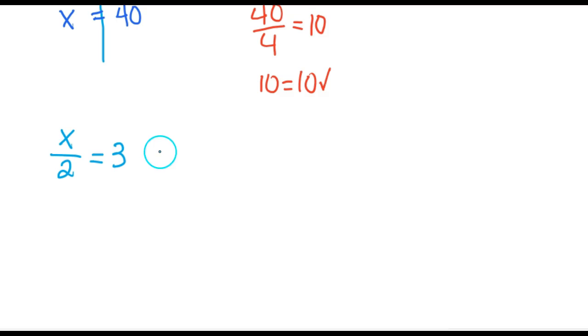This one can also be written as 1 over 2x equals 3. Okay? It means the same thing. Don't freak out. I know you guys are going, oh my gosh, there's a fraction. No, don't do that. It's the same thing. Remember, in front of this x, we just can't see it. There's that invisible 1. So if I wanted to, I could put it there, but I don't need to, because